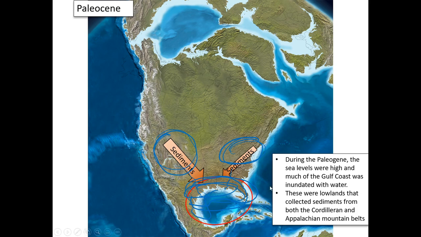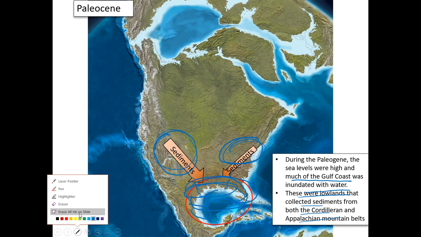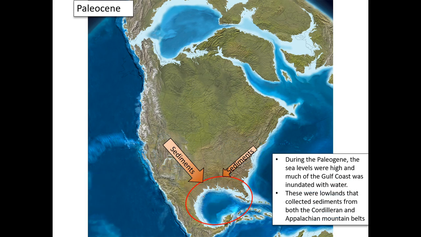So during the Paleogene, the sea levels were high. Much of the Gulf Coast was inundated with water, and these were lowlands that collected sediment from both the Cordillera and Appalachian mountain belts. So, this area that we're in right now, you see, let me get the ink off the page here and go to maybe red color here. But you can see that where we're at right now used to be underwater. So that's why when you go digging around here, we have a lot of basically fairly recent sediments that are marine sediments. They're like marine muds that were deposited,